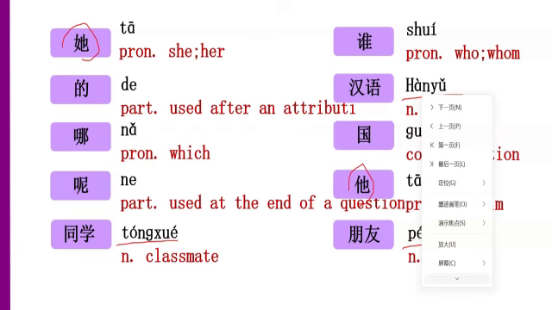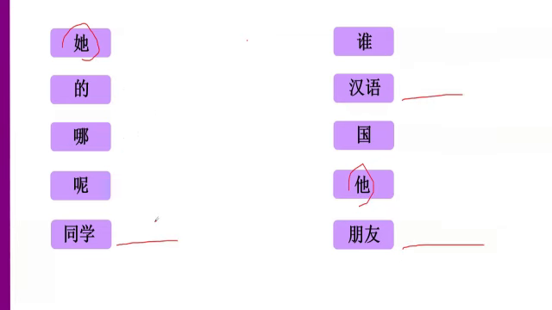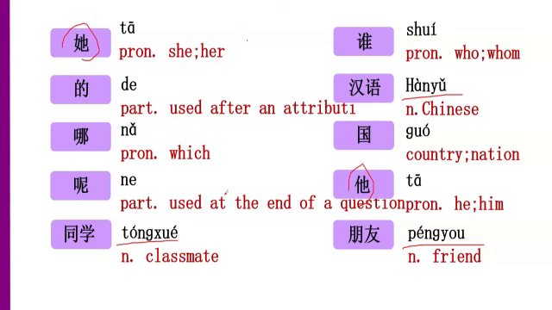Okay, so please try to memorize these new words, and later I will ask you if you have memorized them, if you can read these new words without looking at pinyin. Okay, so I will give you 2 minutes to memorize these new words. Please read these new words by yourself. Okay, Hafiza, Halima. Okay, Mr. Amir Ahmad.